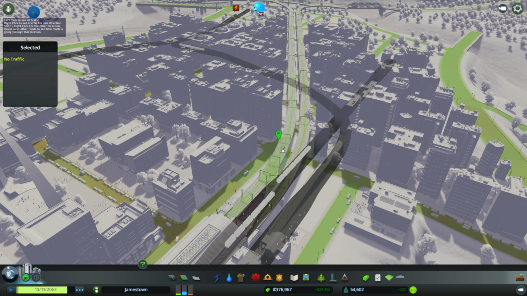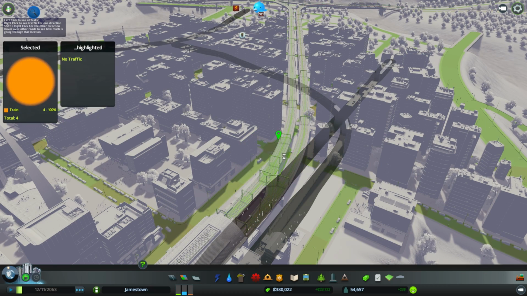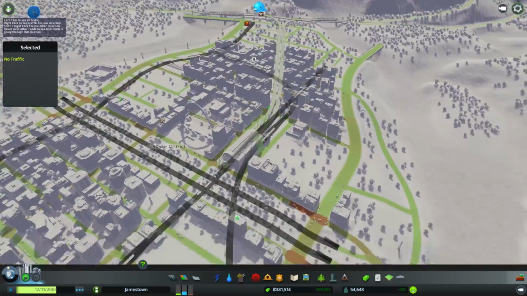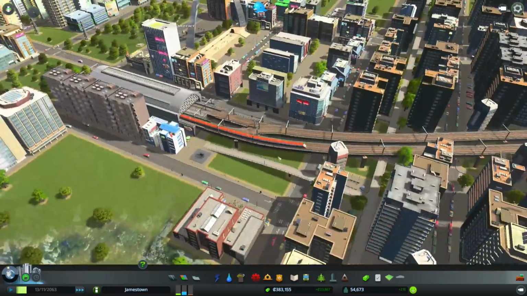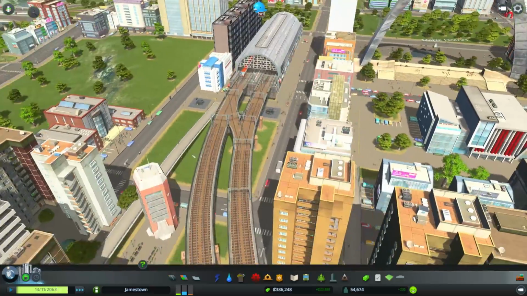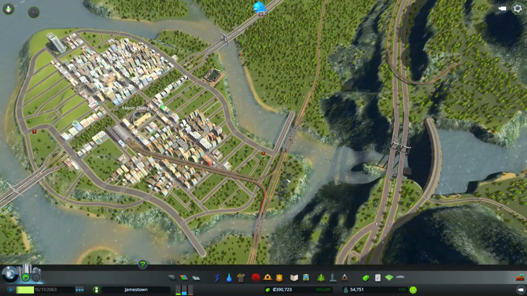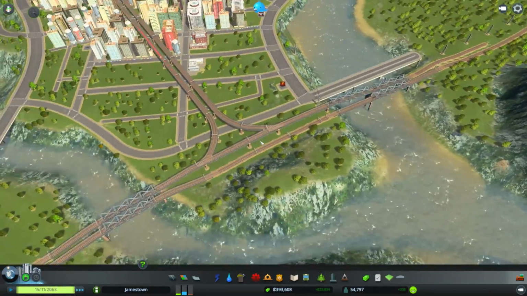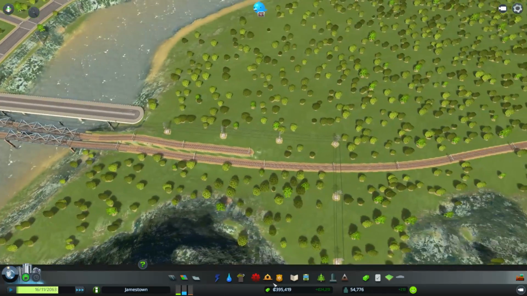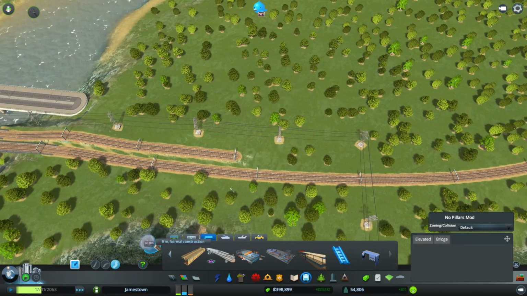But so far, no one is turning up. Definitely trains using that one, obviously. No, I don't know that regional trains can use that. But, oh well. Still kind of cool to have the little track change over there. And also that we'll probably use that line too. Oh, you know what? That's not a regional line anyway. Never mind. But I will actually join it up to the regional line right now